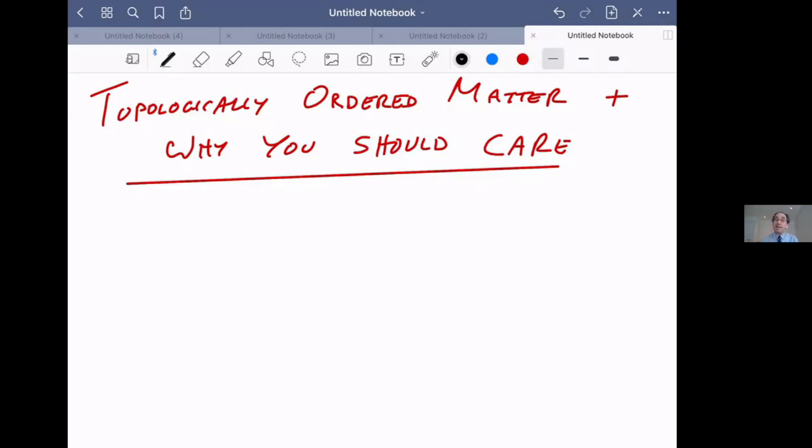In fact, many of the ideas of topologically ordered matter come from ideas of quantum gravity that grew out of the high energy field in the 1980s. But the real origins of these fields go back about 150 years earlier, and that's where I'm going to start this story. So up in Scotland in 1867, there were two very well-known physicists.